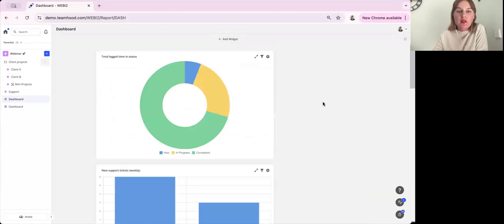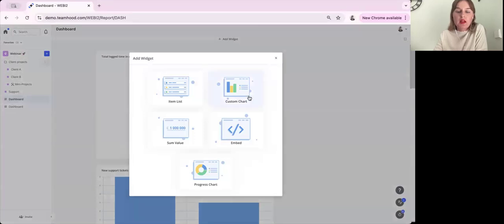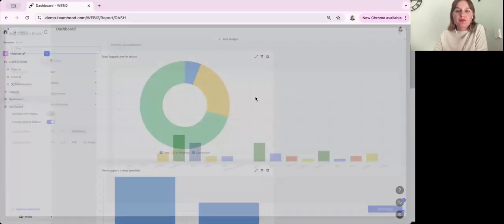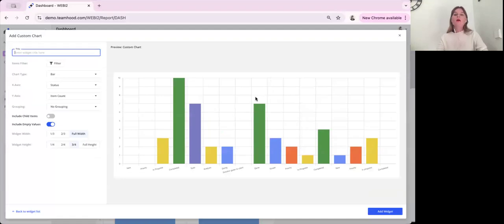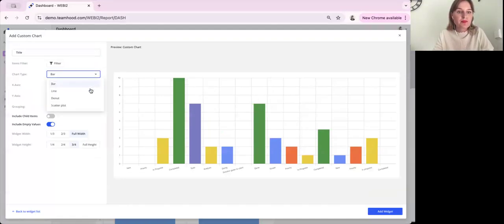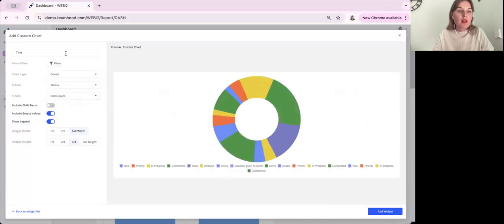The first example that I prepared, you can see right away, is a donut chart. Let's go ahead and start creating it from scratch, just so you know how it works. I'm going to add a new widget. Then I will choose the custom chart. Then, as you saw earlier, I'm going to choose the donut chart. Then for the title, let's do a total